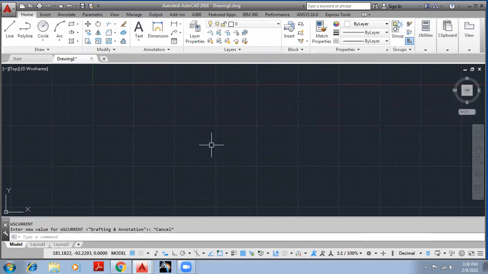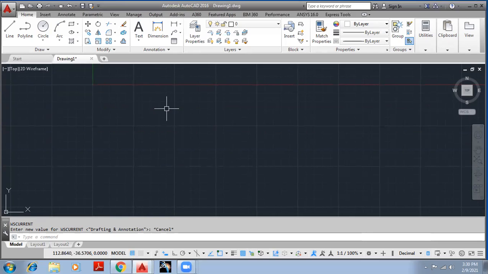So the next thing is setting the standards. Before going to draw something, before going to work, before going to annotate, we must initially set some standards. Standards in the sense that we should define which units we are going to use, the limit within which we are going to work, and the drafting settings. For example, grid on and off, snap on and off, object snap on and off. Different drafting settings we have to complete before we start sketching or drawing. So let's see how to do it.